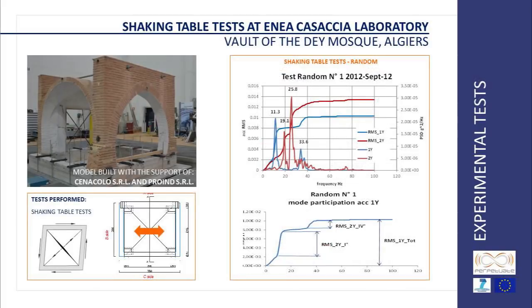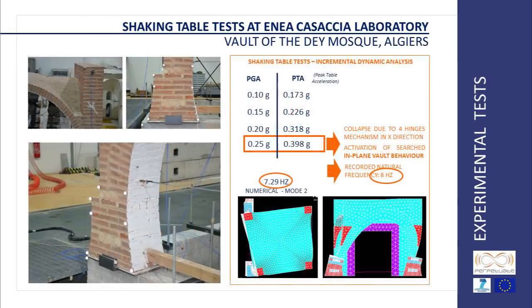A very detailed full-scale model of a cross vault of the Dey Mosque in Algiers has been tested. The aim was to evaluate the stiffness and displacement capacity of vaults under seismic actions, when the shear displacements are imposed at their springs due to the global behavior of the whole building. Random and ambient vibration tests have been performed in order to estimate the fundamental frequencies and modal shapes. The dynamic response has appeared to be in good agreement with the results of a finite element model.